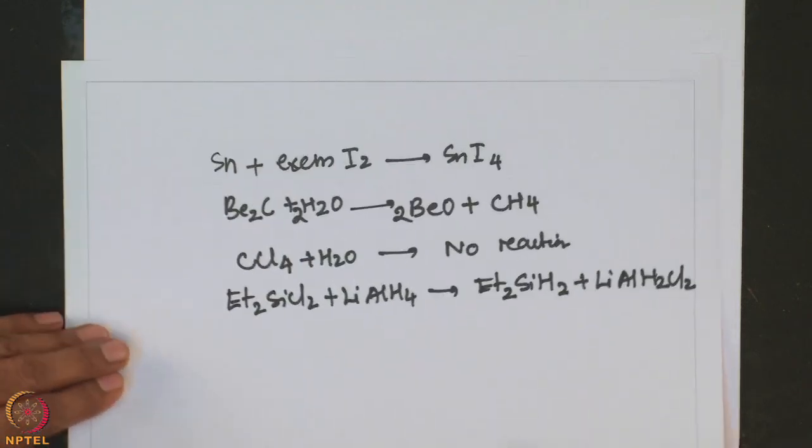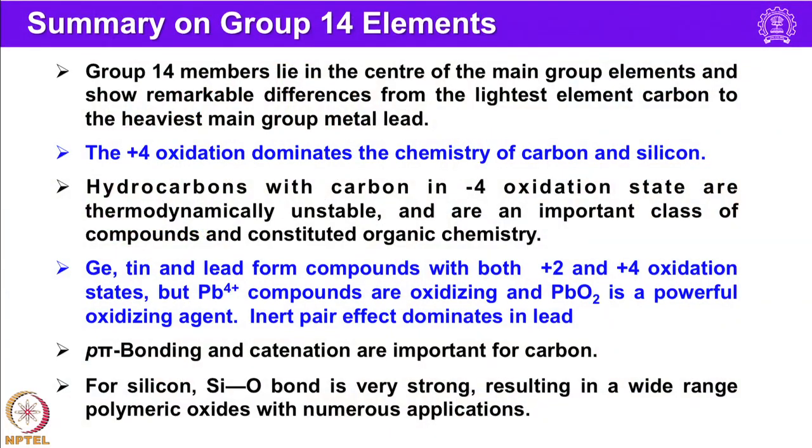So, let me summarize the chemistry of group 14 elements. Group 14 members lie in the center of the main group elements and show remarkable differences from the lightest element carbon to the heaviest main group metal lead. That means, always you can anticipate this kind of anomaly between the first element and the rest of the elements that we are observing all through p block elements as well as s block elements. The +4 oxidation state dominates the chemistry of carbon and silicon, whereas in the case of heavier ones the +2 oxidation state comes into the picture, and especially in the case of lead, because of inert pair effect, lead is more stable in its +2